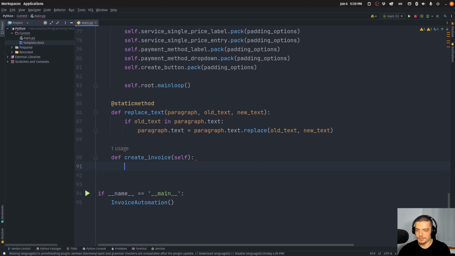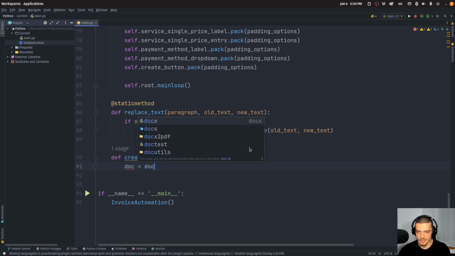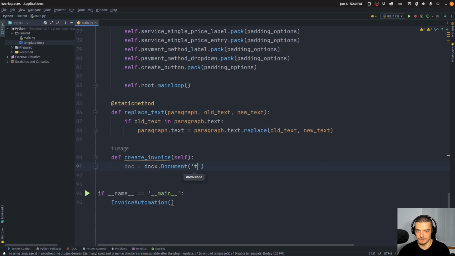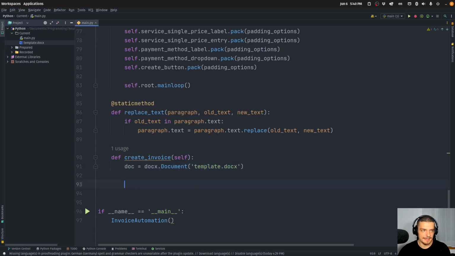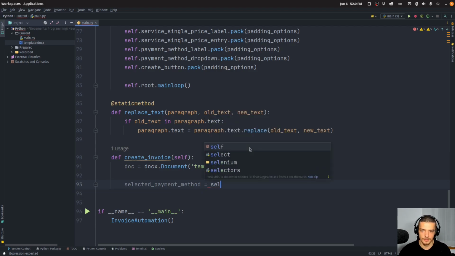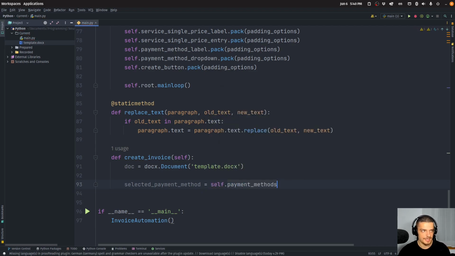So the first thing we want to do here is load the document using docx. So we're going to say docx.Document, and we're going to load the template.docx file. And then what we're going to do is get the selected payment method, because next, after this, we're going to define the whole replacement dictionary. But to know how to replace the bank information, we need to know which bank was selected. So selected payment method is equal to self.payment_methods and then